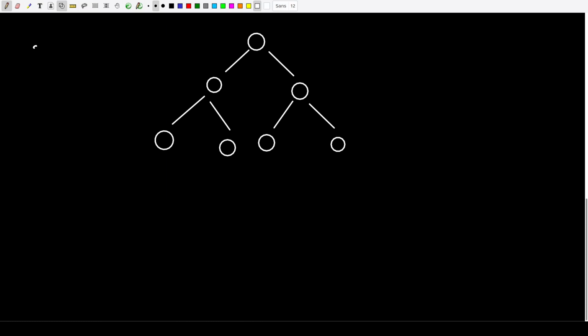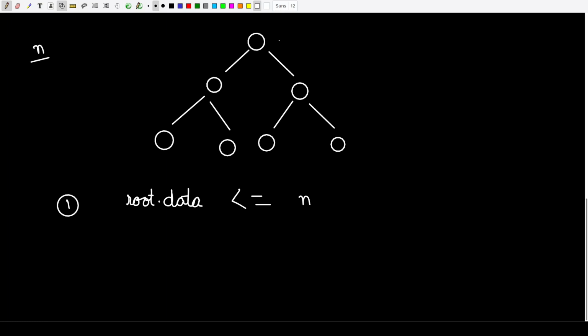Now let us see how we can conceptualize this and how we will be able to code this. So let us say there is some binary search tree which is given to us, and let us say there is some n which is given to us, and we need to find the closest value which is less than or equal to n. So now what we are going to do is compare the data of root with n. When we compare root data with the value of n, there are two conditions which are possible here. The first condition is the root of data will be less than or equal to n,